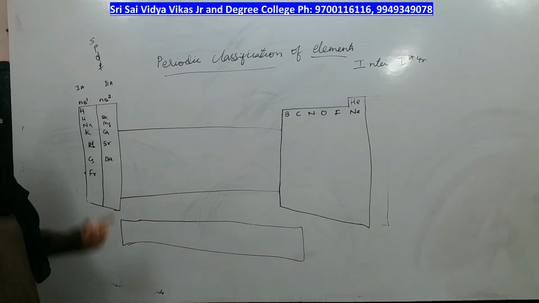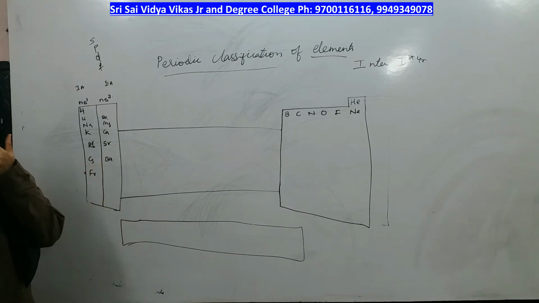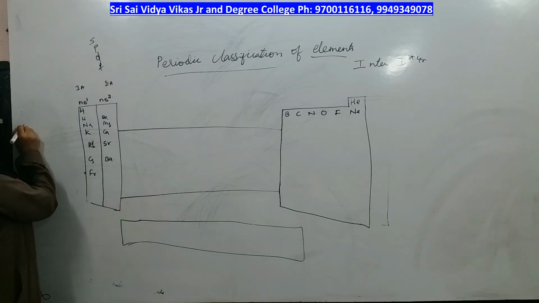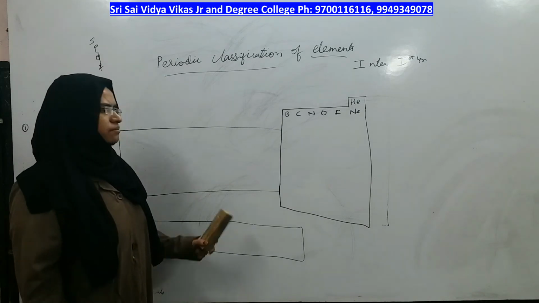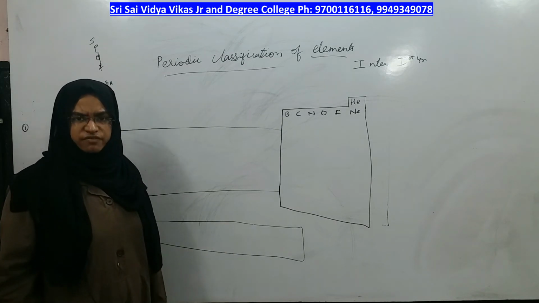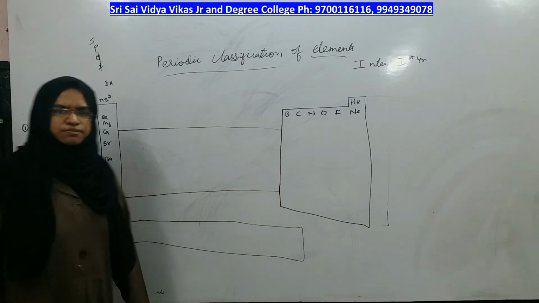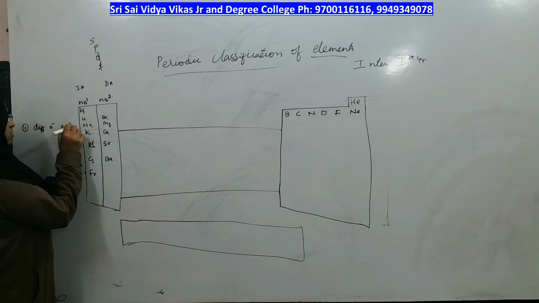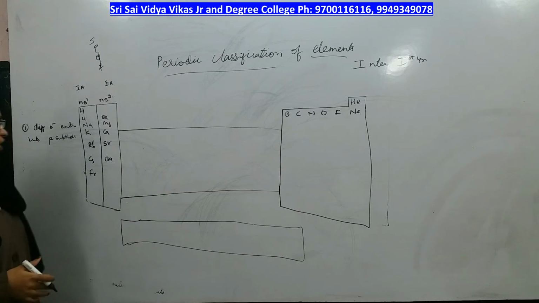Okay. So, the next block elements we shall discuss now is P block elements, right. Where are they present in the periodic table? First point is which elements are called as P block elements, right. P block elements means the elements in which the differentiating electron enters into P subshell are called as P block elements, right.